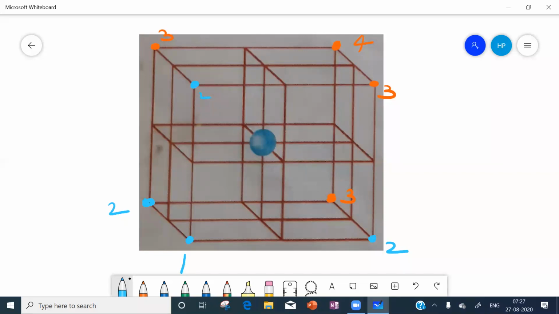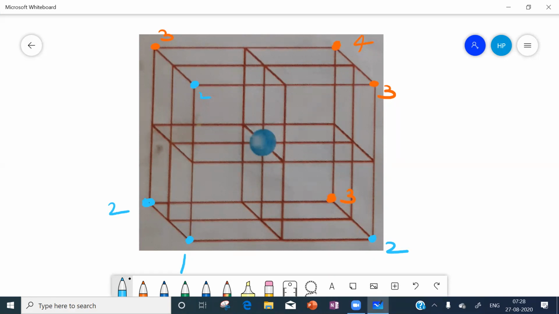This is one FCC unit cell. In this FCC unit cell, we have taken the corners in 4 layers. This is the first layer, this is the second layer. If you join second layer corners, will you get a triangle or not?